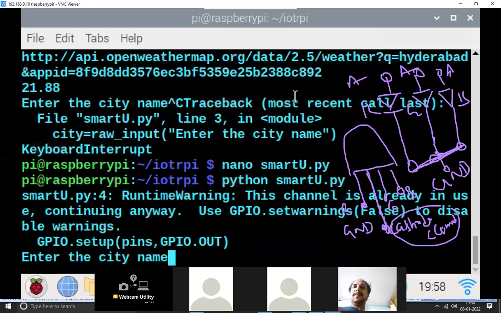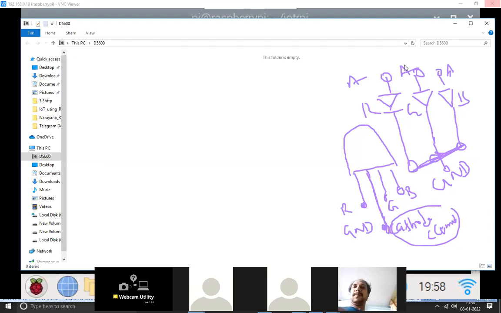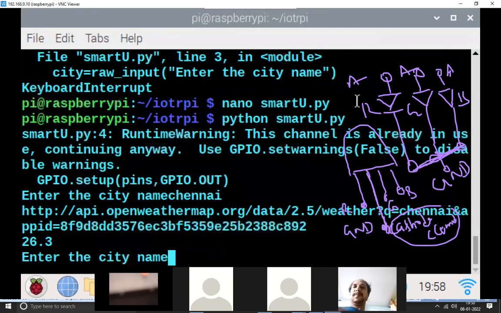When you run this, you have to give the city name. I'll be giving the city name Chennai. For Chennai, definitely we are getting red color. All of you can see this now. So now I'll be showing my video. Just 1 second. So now you should be able to see this, all of you.